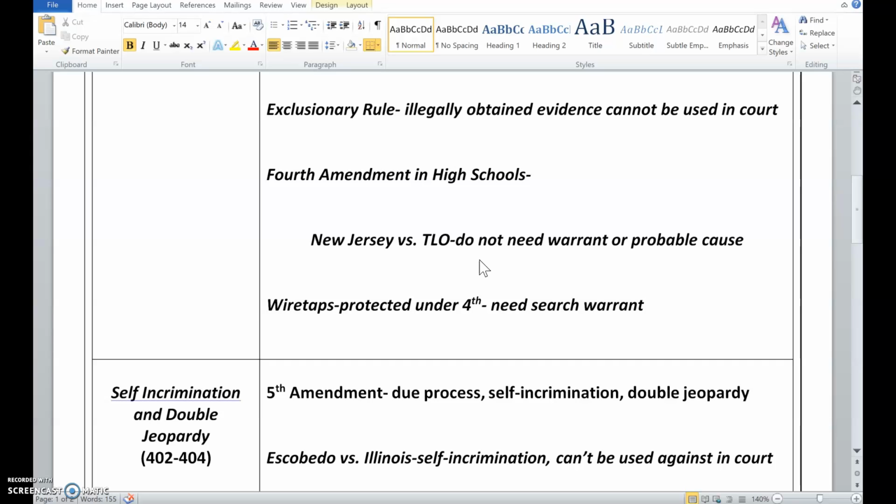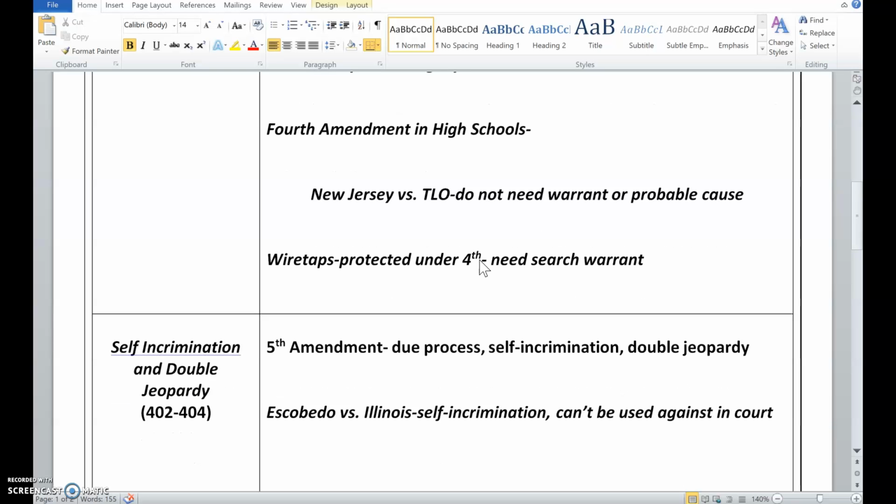So just a little bit of information for you. Now this is kind of interesting because the police would need probable cause to search you here at school. Police do, the principals do not. Okay,